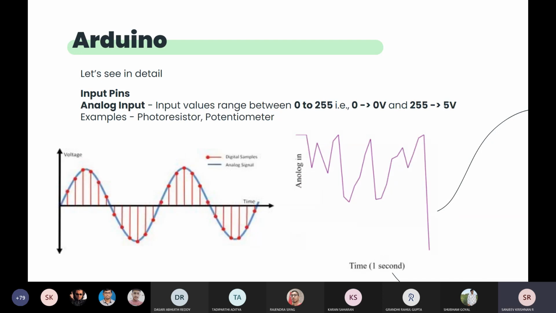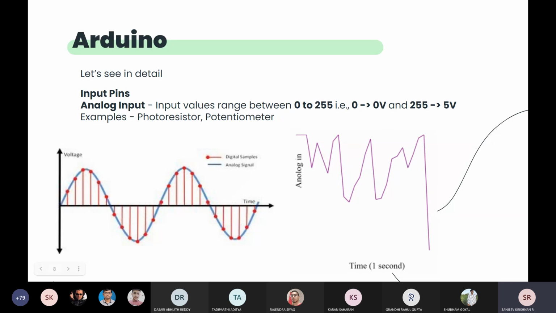Values can be anything between 0 to 5 volt. These values are stepped to 256 numbers, because at the end the operation happens with binary values, so it needs some fixed digital value, some fixed step value to compute.